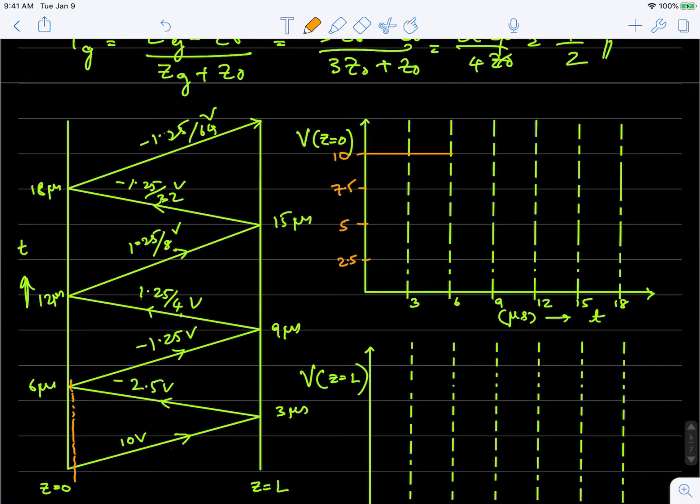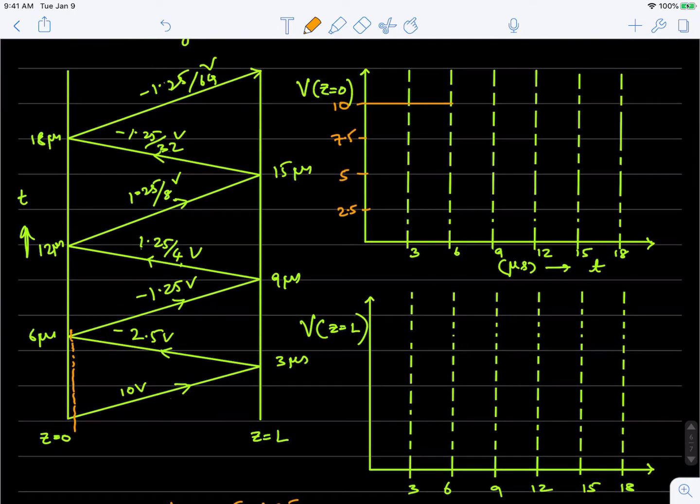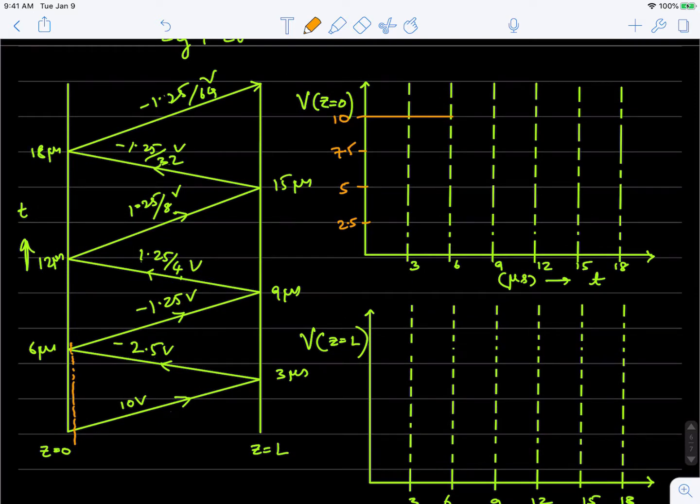That is going to be 10 minus 2.5 is 7.5, minus 1.25 is equal to 6.25. So between 6 microseconds and 12 microseconds, we have the voltage at about